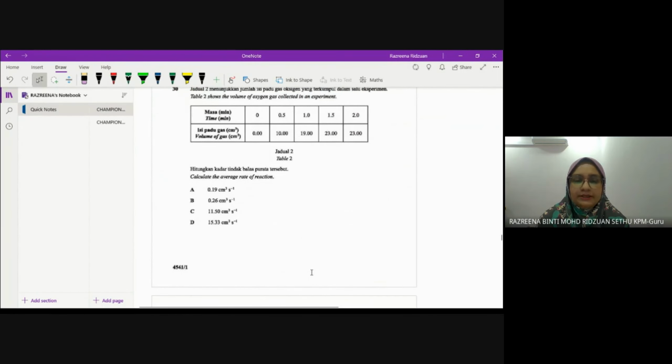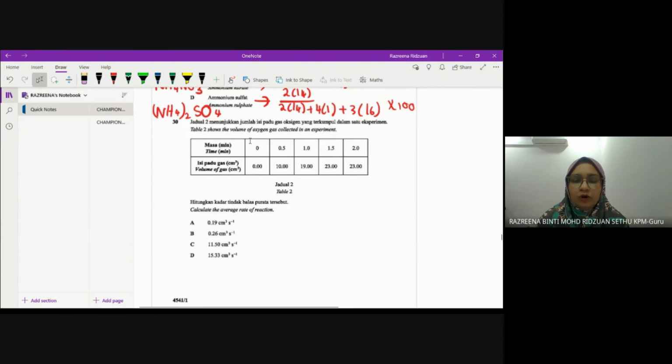All right, question 30. Table shows the volume of oxygen gas collected in an experiment. What is the average rate of reaction? Now, how do we calculate the average? You have to see where the reaction ends. The reaction ends here. Why? Because at 1.5, it has started to be constant. So